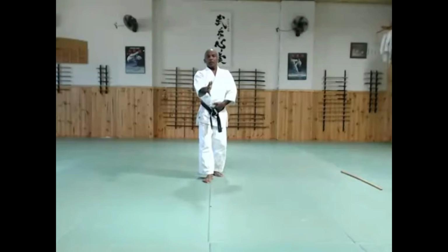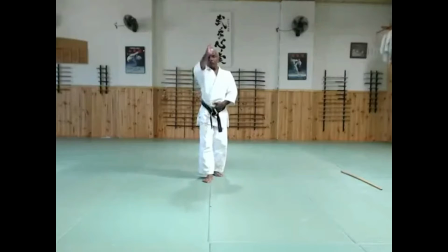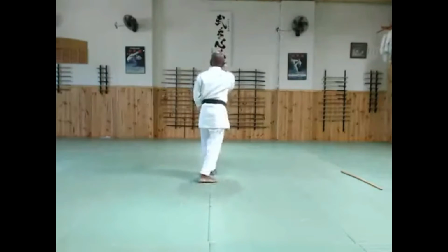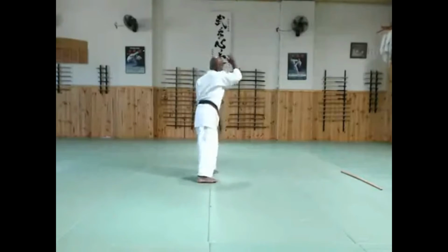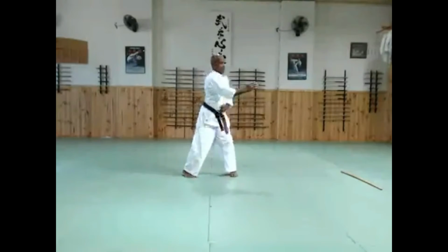What's important here, whether you have a sword or not, is that your elbow doesn't flare. It's a lot like doing Hiriki, say, raise up, slide forward, cut. The hands are very relaxed. Turn, cut. Don't throw the elbow out. Keep it in front of your head. Cut, turn, cut,